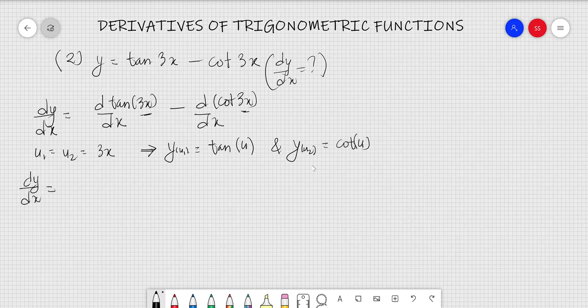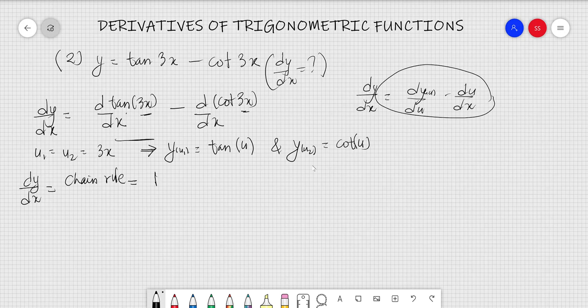Using chain rule, d tan u divided by du times du1, which is 3x, divided by dx, minus d cot u by du times du2, which is 3x, divided by dx,